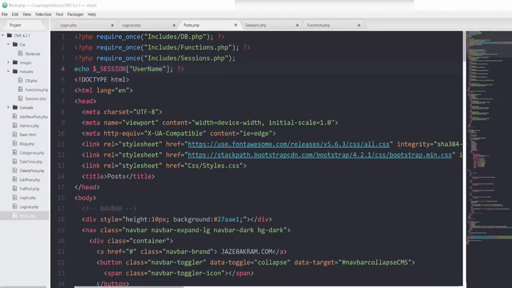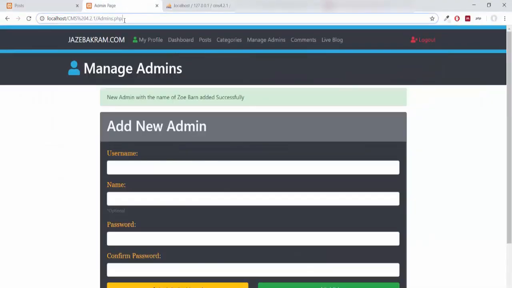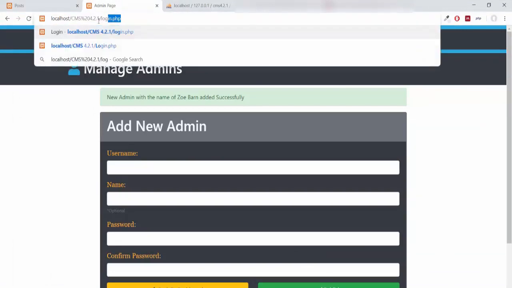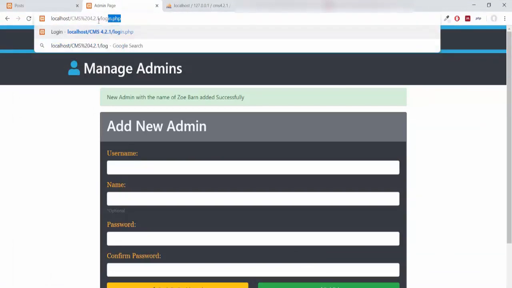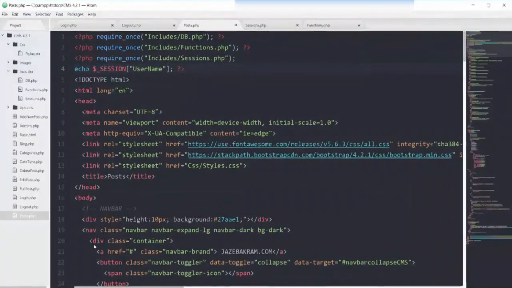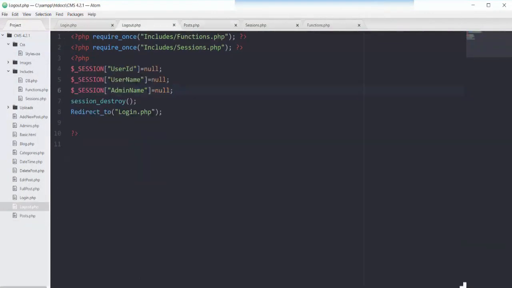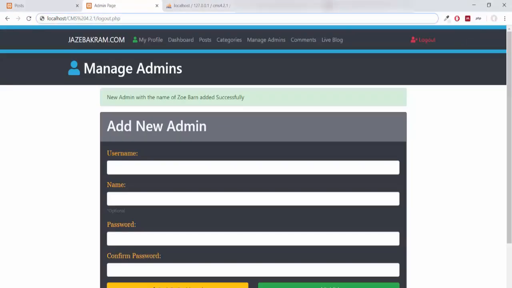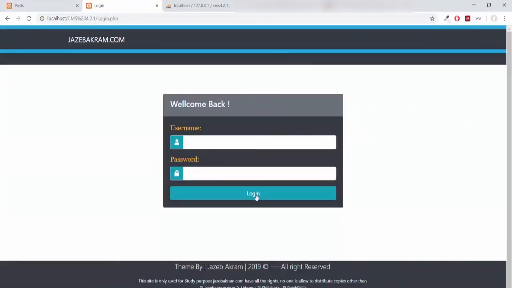So if I browse my logout page, which is making all of our variables of ID, name and admin name null and destroying the session, I'm on my login.php page.